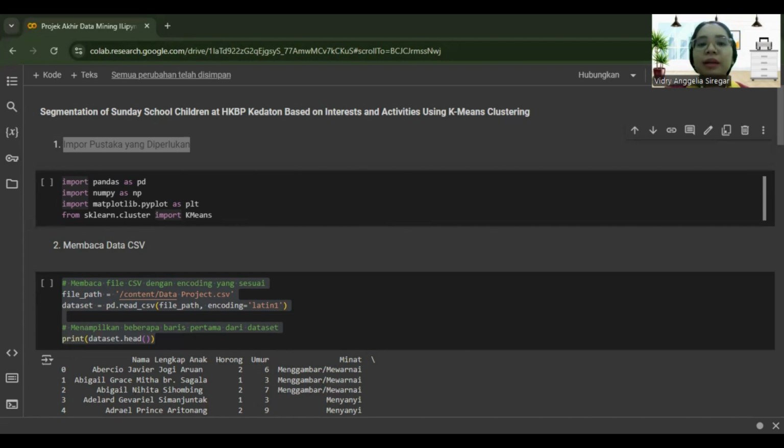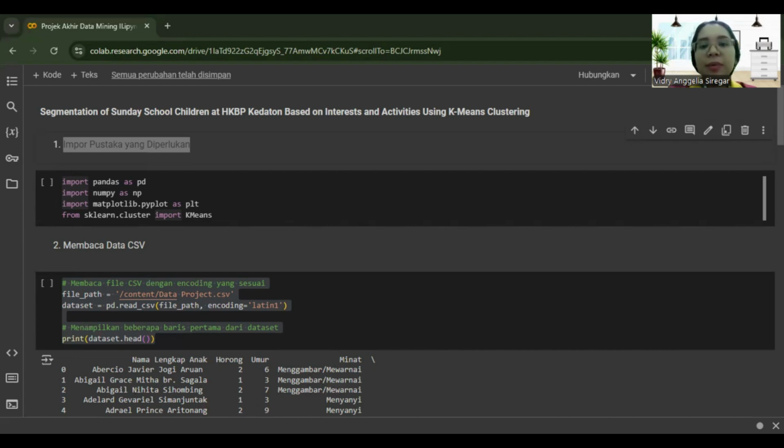The first step in this project was to import the necessary libraries such as Pandas for data processing, NumPy for numerical computing, and Matplotlib for visualization. After that, we read a dataset containing horong data and children's interests at the HKBP Kedaton Sunday School.